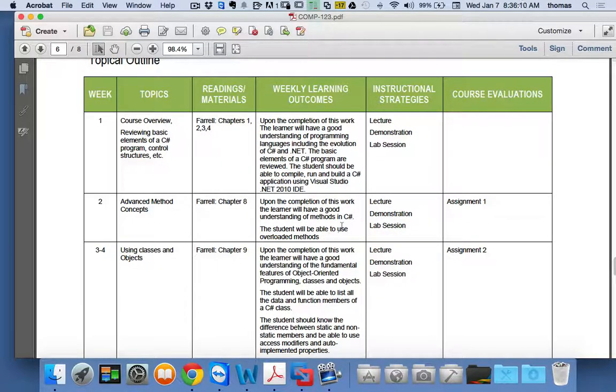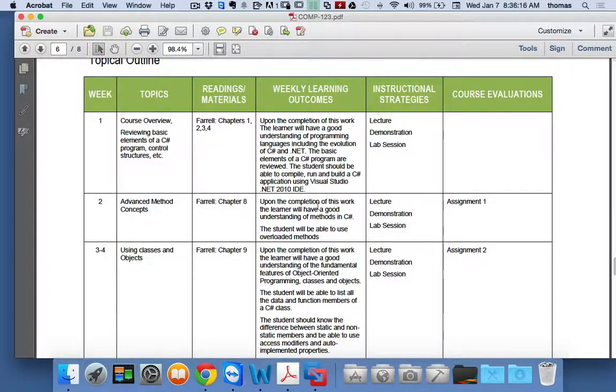And we're going to be doing things online, like for those of you who didn't hear that earlier when I started off speaking. So this week is kind of an overview. Next week, we're going to be doing Chapter 8, which is Advanced Method Concepts. The advanced method concepts that we're going to be using are all about things like passing parameters